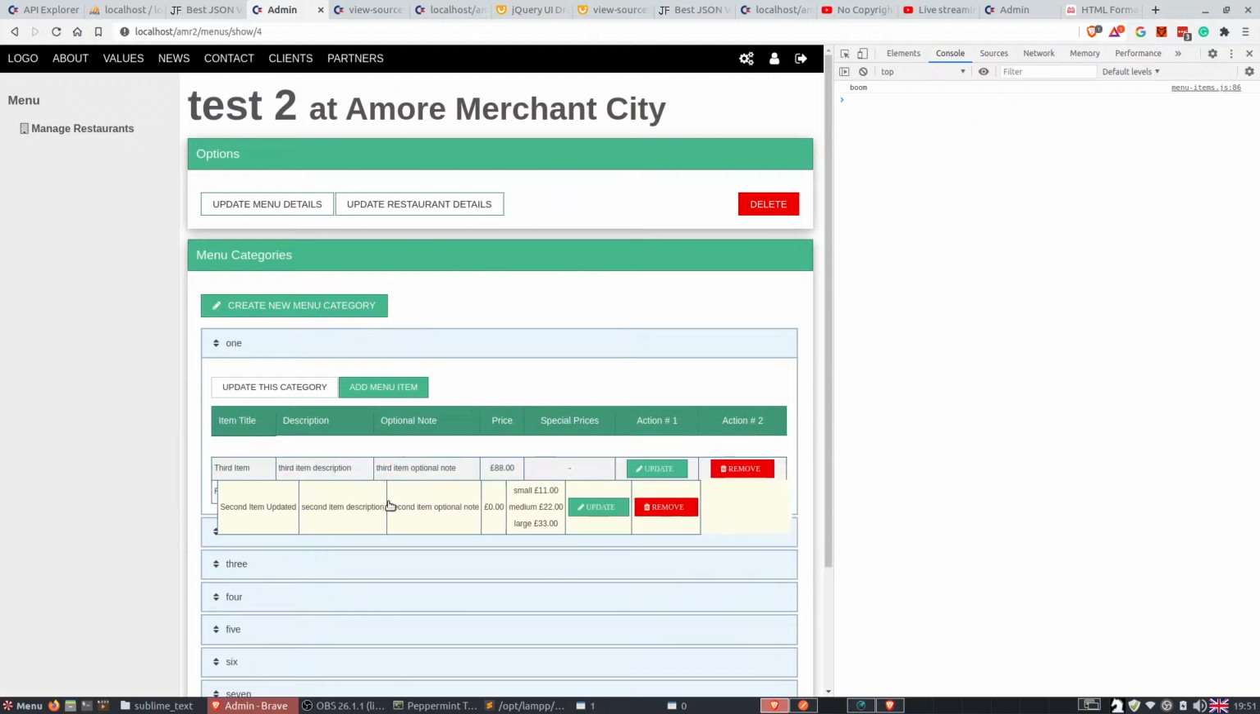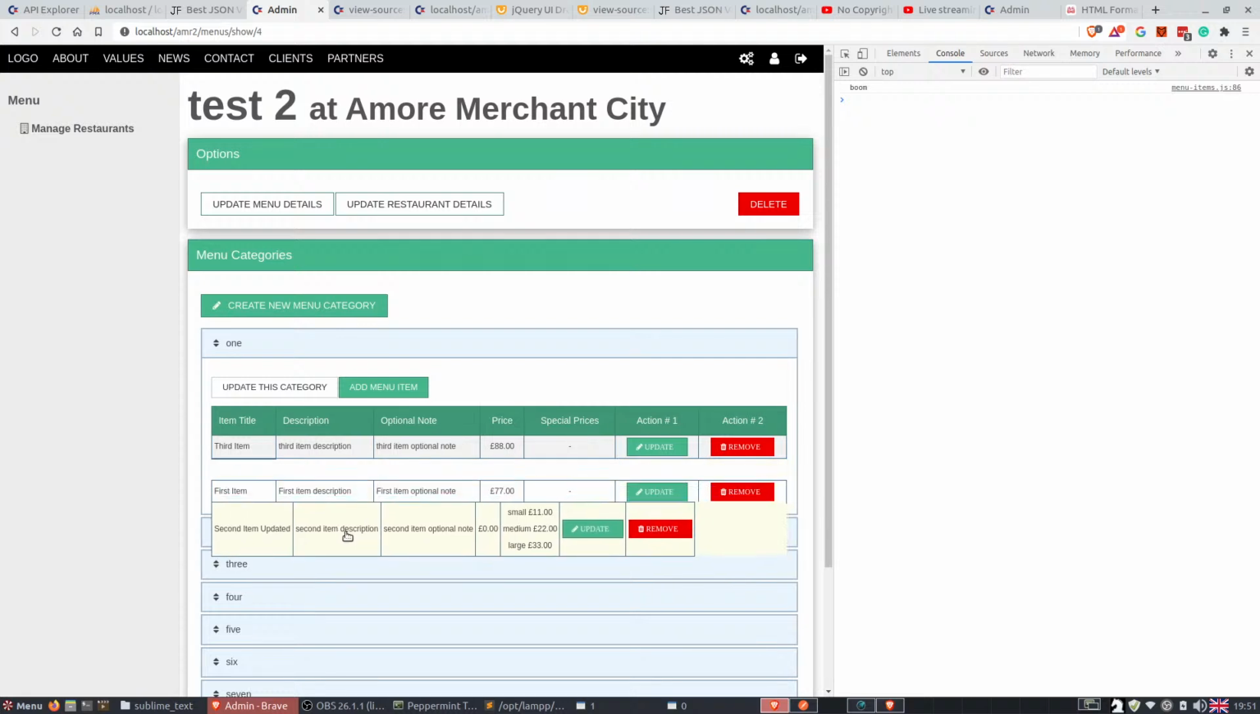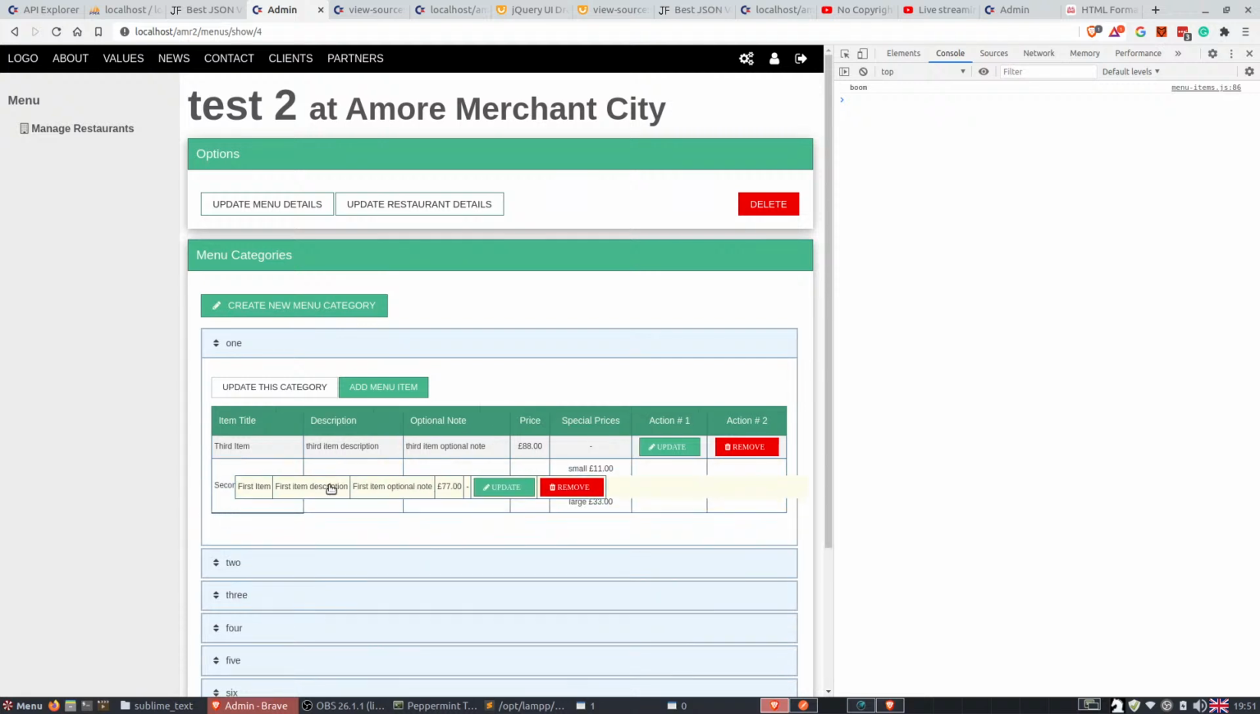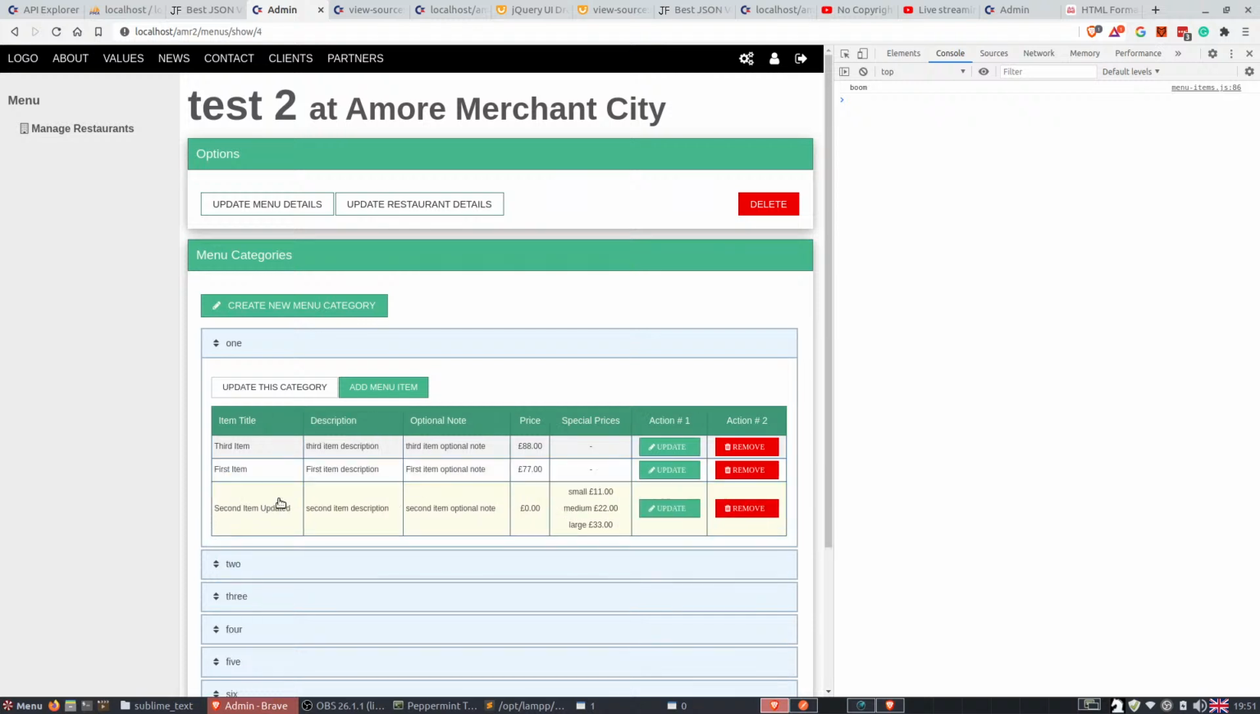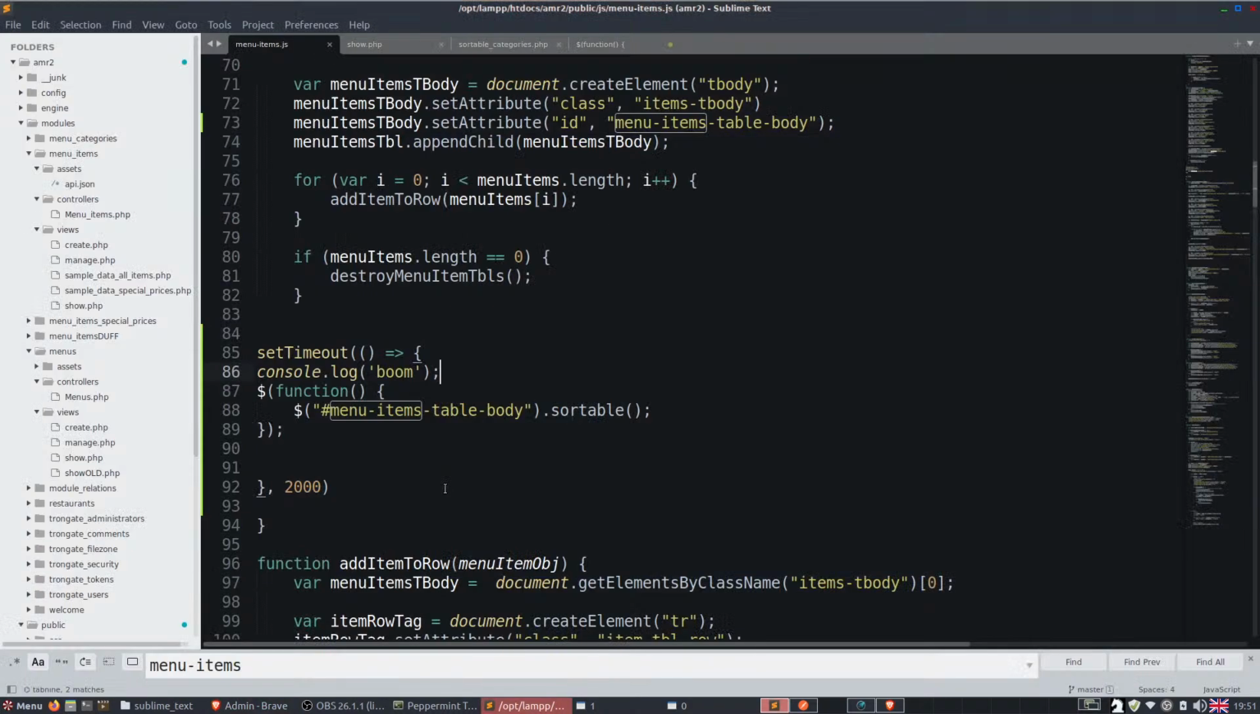So I'll move the second item to the bottom. Well, it's a wee bit fiddly, but it does work. Now that is fantastic. That is absolutely fantastic. So now that I've got that figured out, an interesting question is, do I even need to do a set